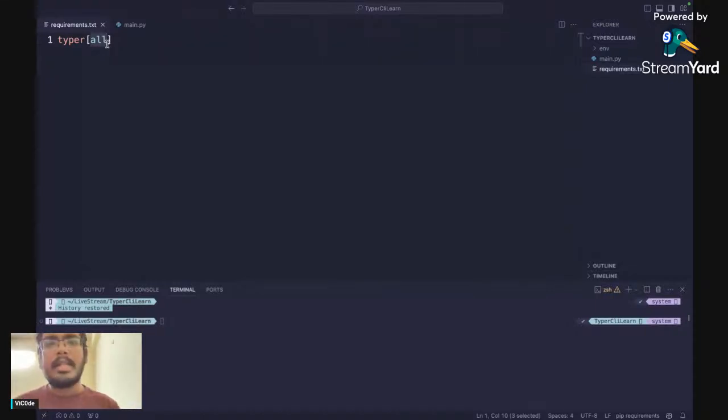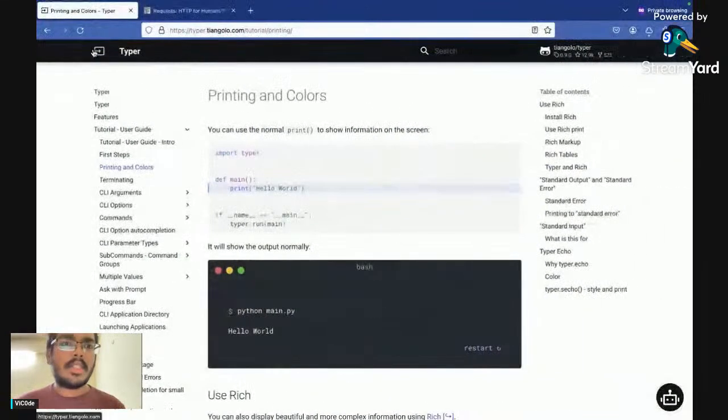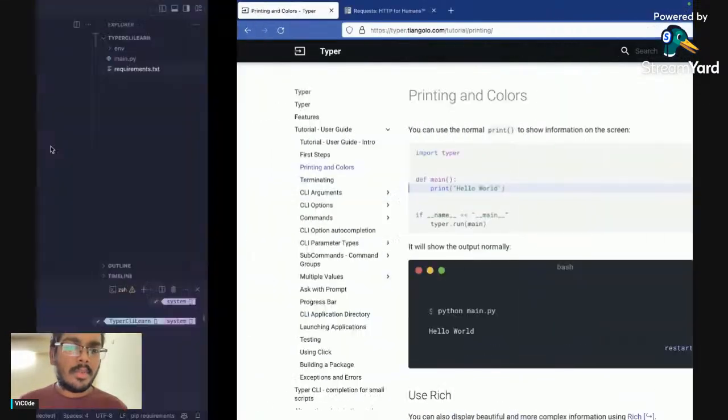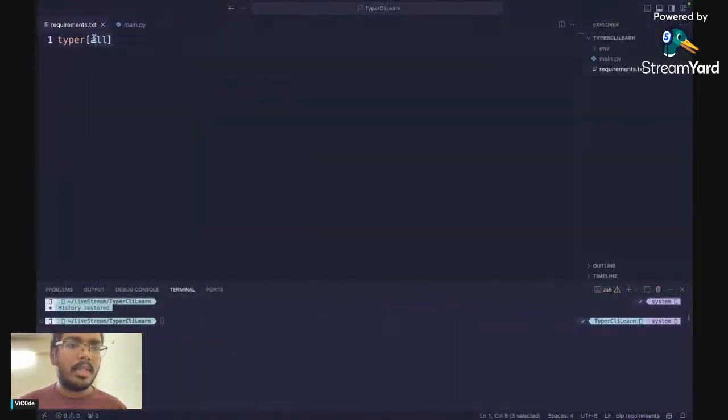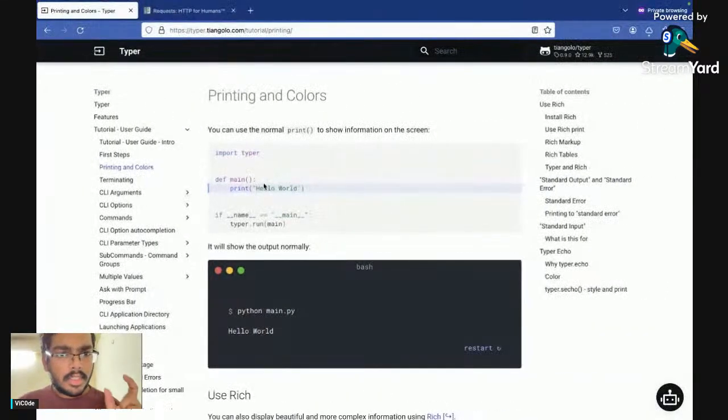So I assume it's something like that. Basically, what the documentation says is that if you remove this part, you just get typer. That's it. If we put all, we are getting two more libraries, which is this rich, which enhances the look of the CLI application, and